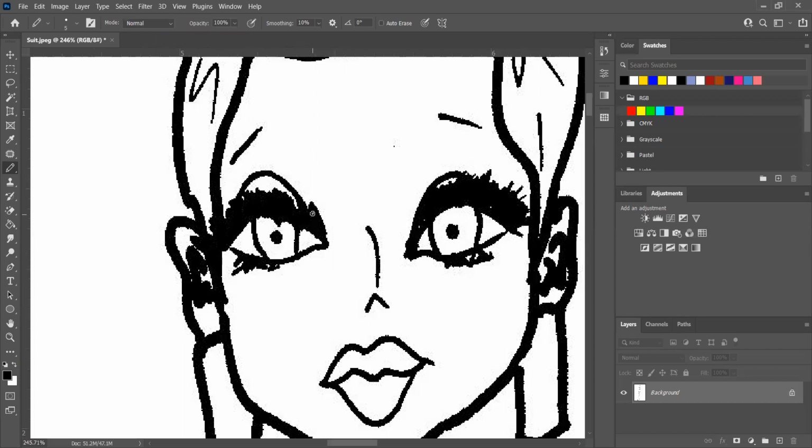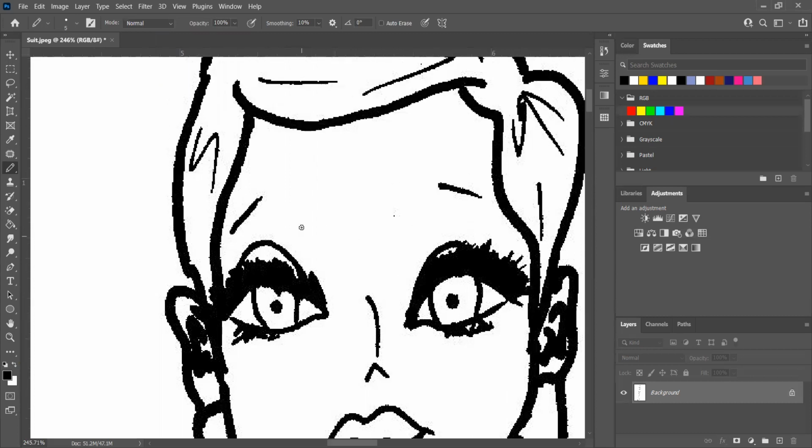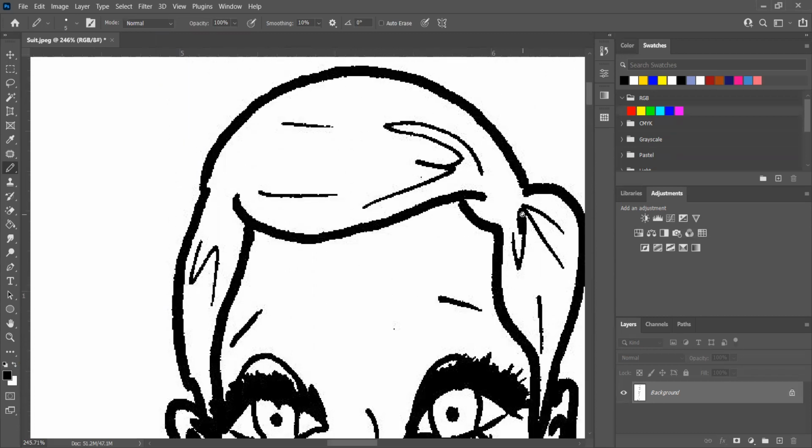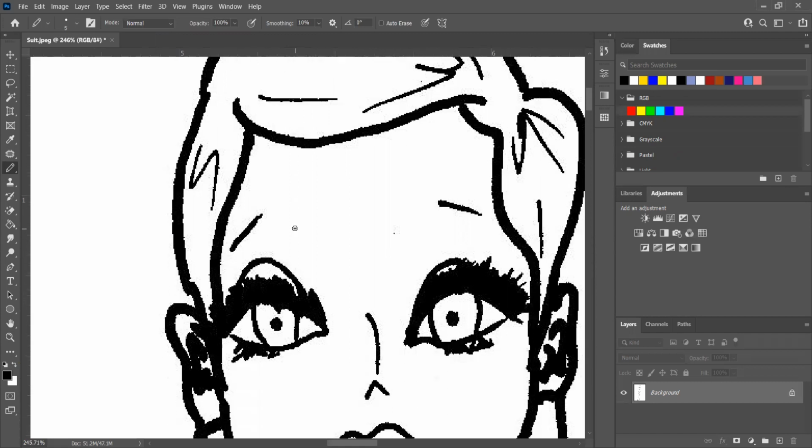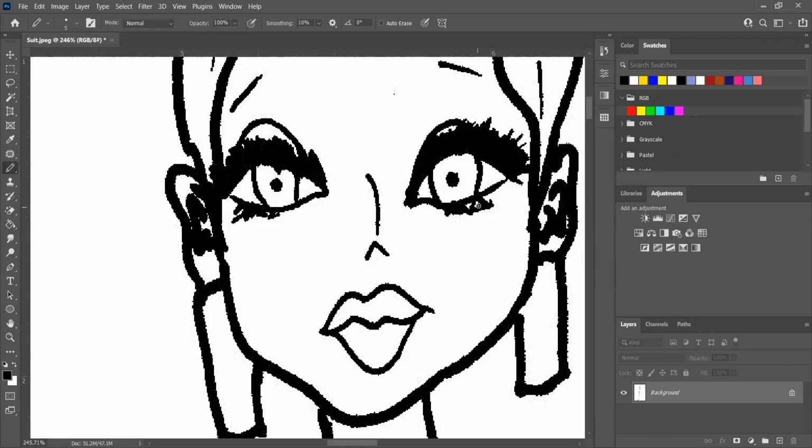And then after that, I'm going to fill in all of my open spaces, and I do this throughout my whole document. The reason why you want to do this is because you do not want to have any type of open spaces,